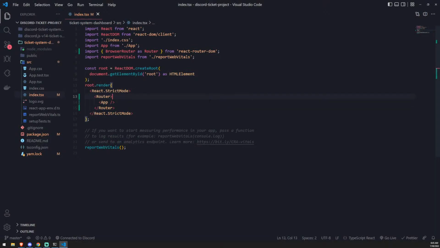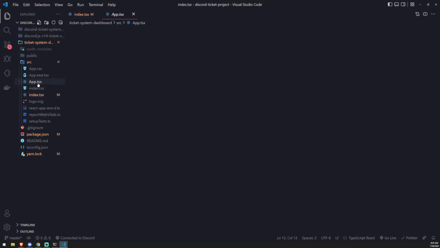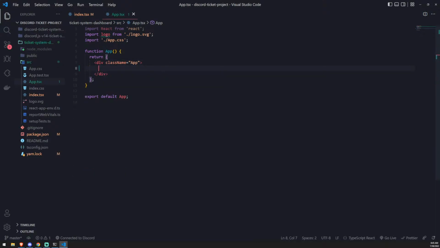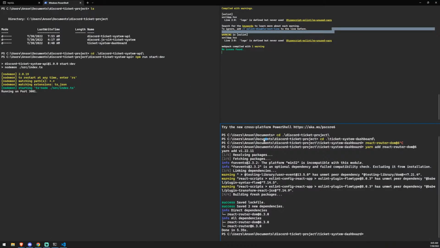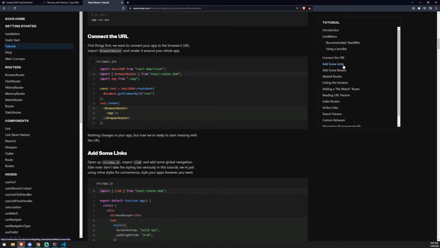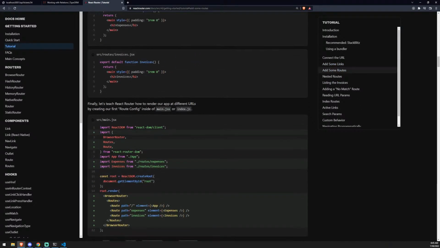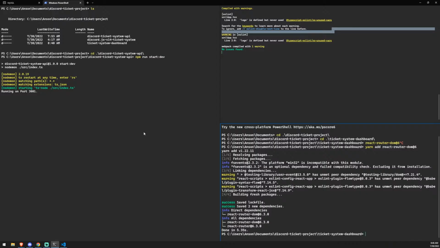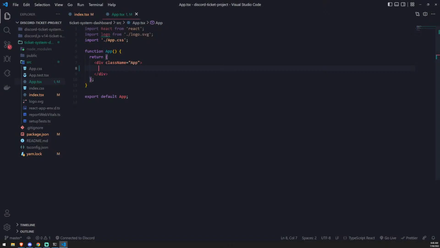And what we'll do here is we'll go ahead and go into our app, and then we'll configure two pages, or two routes, I should say. So let's do this. Let's import